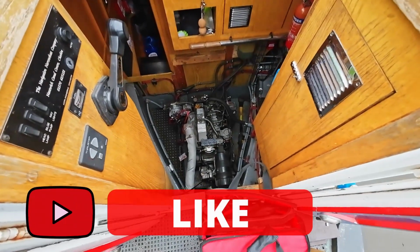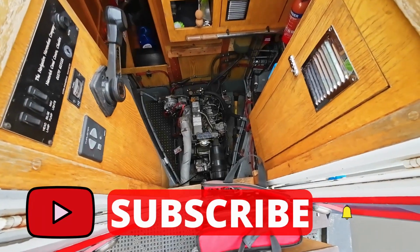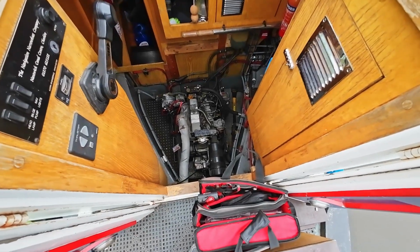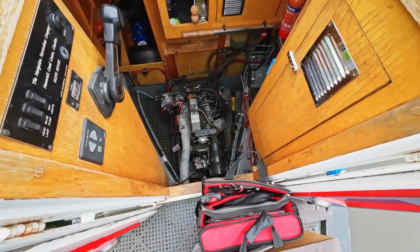So that's the engine floorboards out, and I'm just running the engine now to warm it up so the oil is nice and thin and ready to drain. Everything engine looking pretty good under there, needs a bit of a sweep up, there's dust, but apart from that